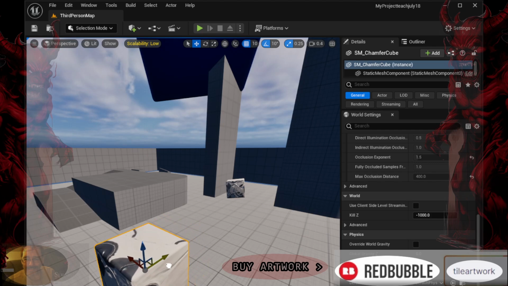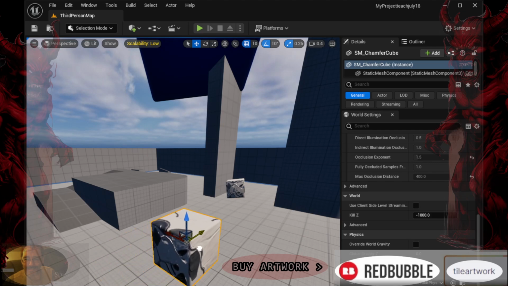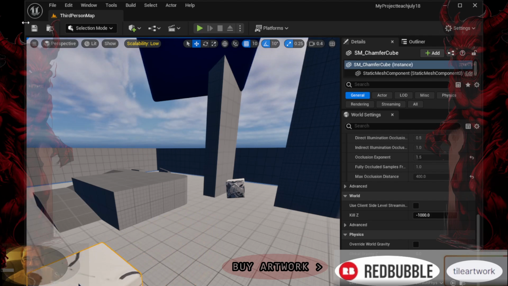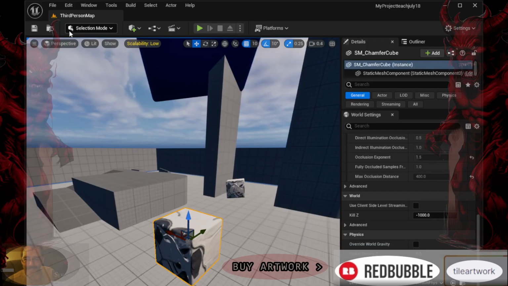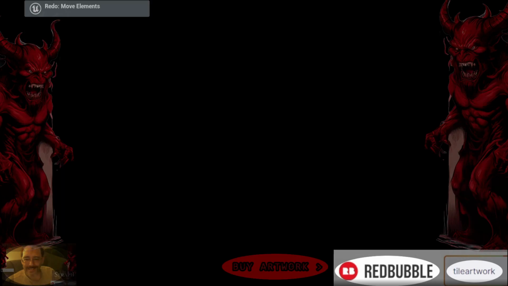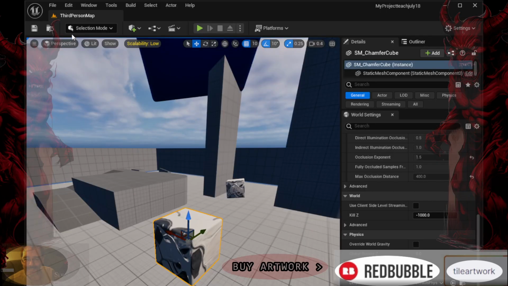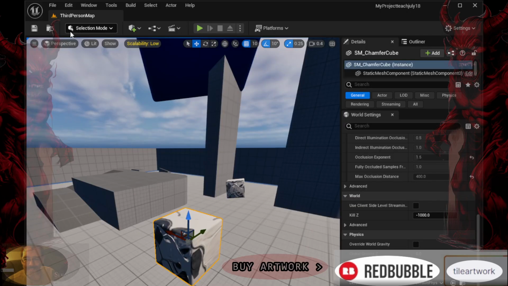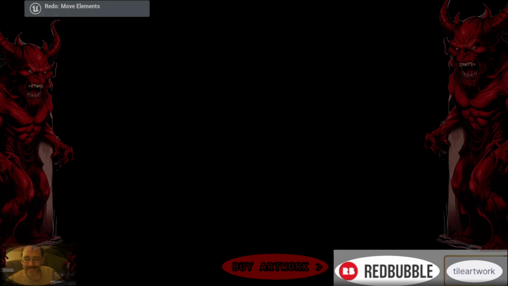5. Workflow efficiency. By providing intuitive manipulation handles and keyboard shortcuts, the Move Mesh tool enhances workflow efficiency during scene layout and editing. It enables rapid iteration and adjustments without the need for complex manual calculations or transformations. 6. Undo and redo. Unreal Engine supports undo and redo operations, allowing you to revert or redo changes made with the Move Mesh tool. This feature helps in experimenting with different object placements or correcting accidental movements during the editing